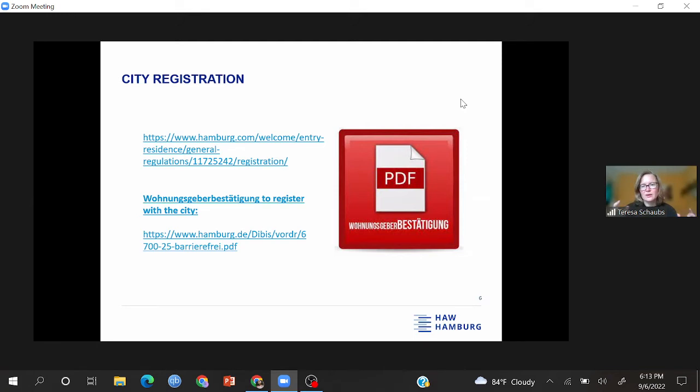There's the Hamburg Welcome Center, and there's the Kundenzentrum in your Bezirk, for example, Kundenzentrum Altona, Kundenzentrum Barmbek, and so on. They are not so familiar with international people. They might not even be able to speak good English. So really make sure you approach the Hamburg Welcome Center about your residence permit. Don't make appointments with the Kundenzentrum.